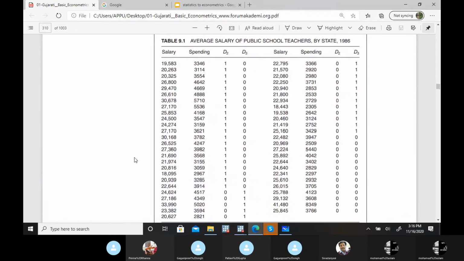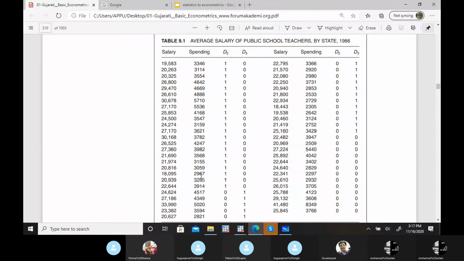If you look at this data, the one is only where the average annual salary is from the Northeast or North Central. Others are 0. And in the second case, for South, it's 1. So you can see there are still a few states where no 1 is given. That is the case of the West category.